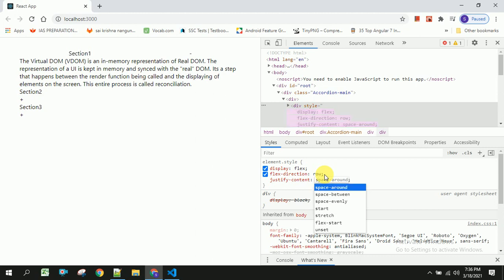If you place it as space around, you will be getting the spacing between the two sides of the section, and we have to place this as space between.